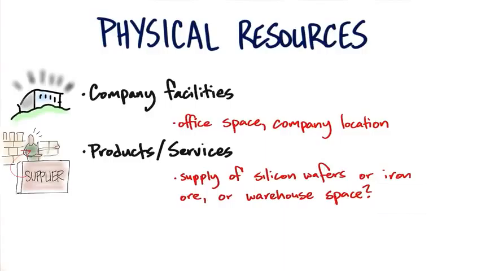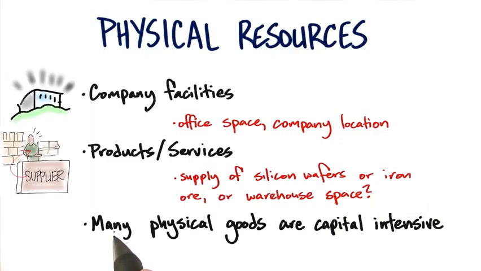Now, what's really interesting is this obviously affects where you're going to put your company facilities. Maybe you want to have your manufacturing facility next to the key supplier. Or you might say, okay, we understand they're distant and we can manage that remotely, but you need to actually think through not only this relationship, but as you'll see, the relationship between resources and the partners part of the business model canvas, because some of these supplies and services require deep relationships, not just ordering out of a catalog, but true partnerships.